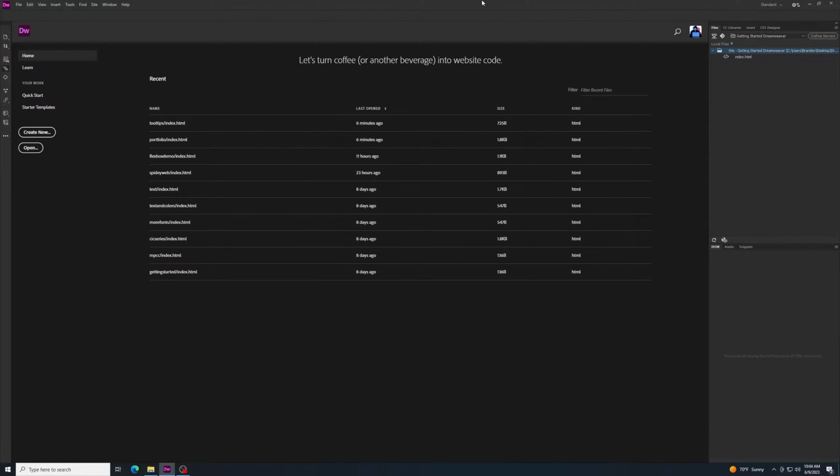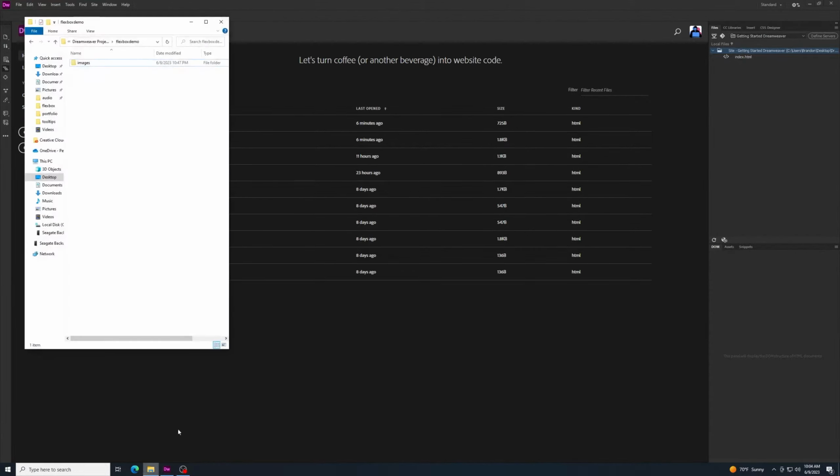Today we're going to use the Flexbox display to create a web page that features graphics in a variety of fun ways. To begin, we'll go to our folder, and this is just right in our Dreamweaver projects section, and I created a folder called Flexbox Demo, and in that folder I have another folder called Images with these 3 pictures in here. You can use whatever pictures you want, or you can use the ones that I sent you